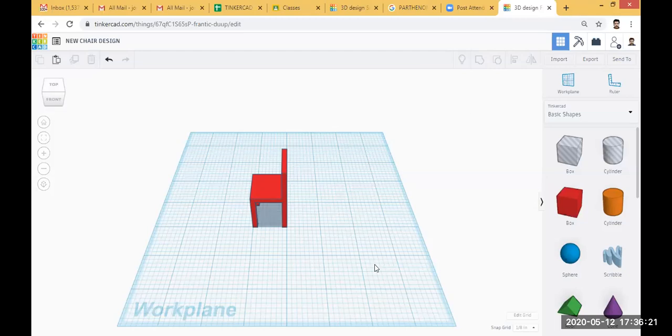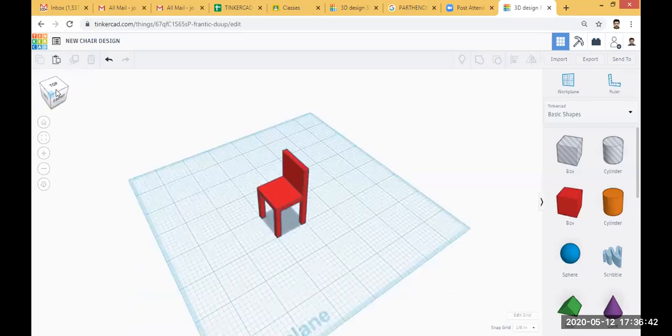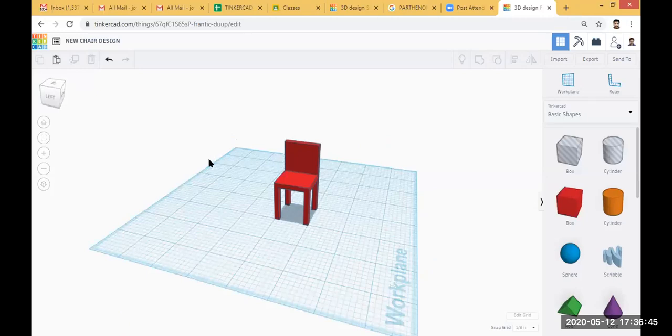Okay, so in this way, this is the first example of today. This is a very simple example. I hope the commands are clear: duplicate, grouping, ungrouping, etc. So next I will move to the next example. So I will create the wrench.